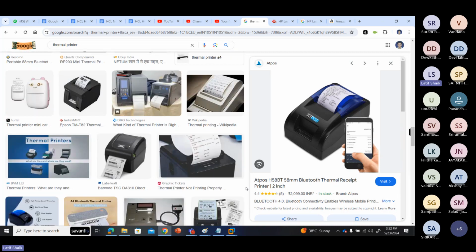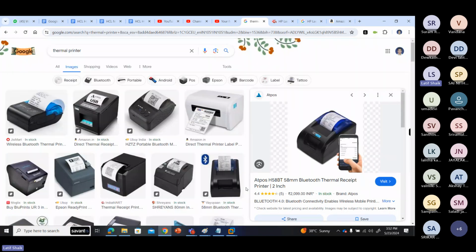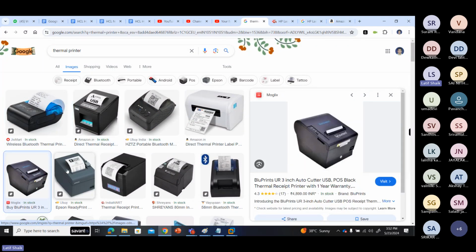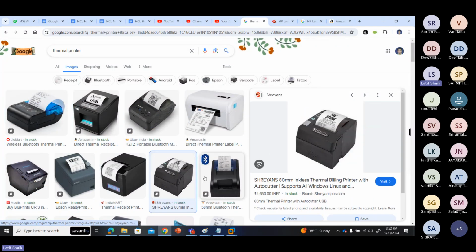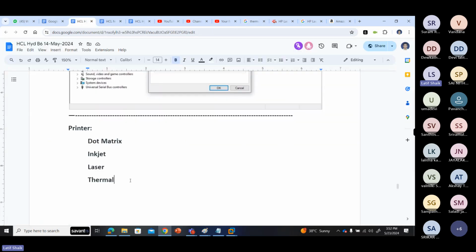Doing another point. You can create your own QR code, like so many stickers, printers. So you have to use a lot of management in this. There is no ink we are using. Only the head has a heating element, so it heats the paper. So print will be on the